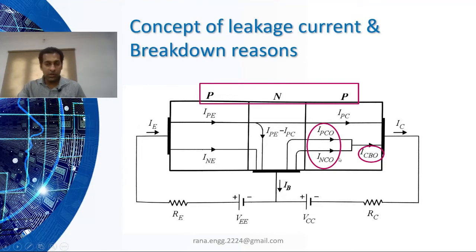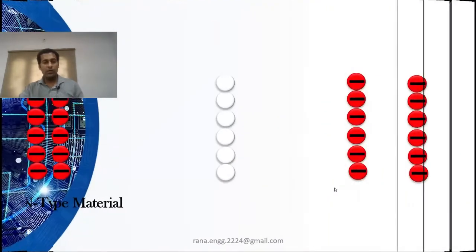This is a combination of two small currents, IPCO and INCO. This one we have to focus on. How exactly are we getting this particular part? At the base we have majority electrons, and minority are the holes. So minority holes will get repelled due to the other holes, but electrons will try to go toward the positive side, right? And the hole, the minority carrier, will try to go toward the opposite side. So let us see how it works.